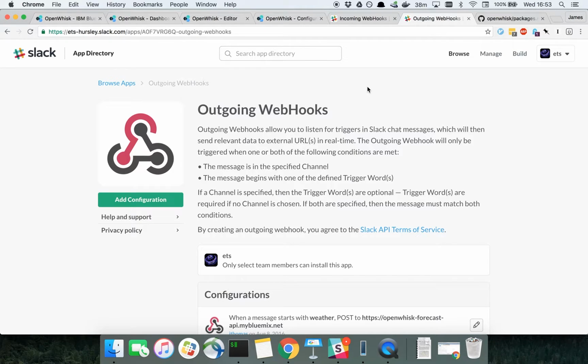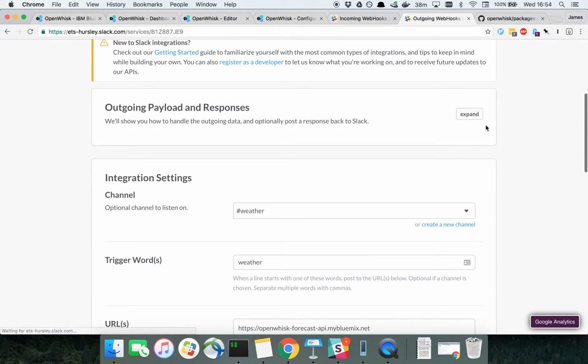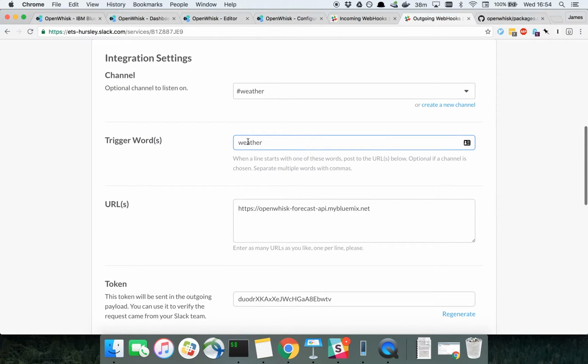Let's start by looking at invoking our service directly through the API, using our public API gateway endpoint that we've connected. One of the webhook integrations Slack provides is to allow you, whenever a particular keyword is mentioned in a channel, to post that message to some external URL that you've registered. So I've started to set up a new outgoing webhook. This is for the weather channel, and the trigger word is weather. Any of the URLs registered here will get an HTTP request whenever someone sends that message